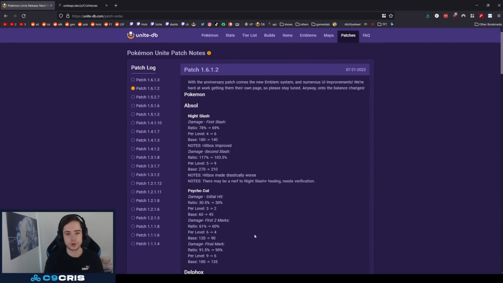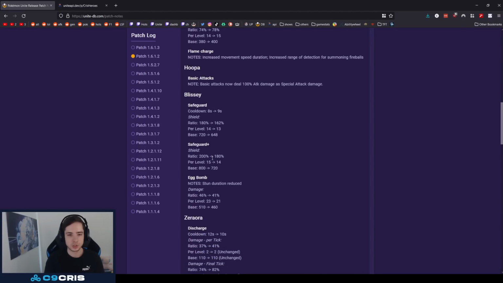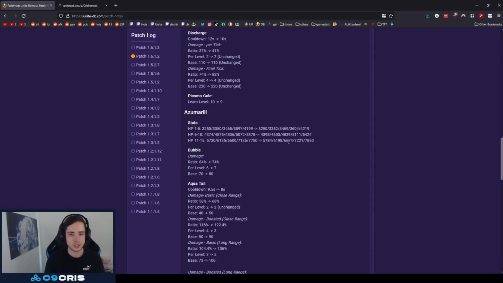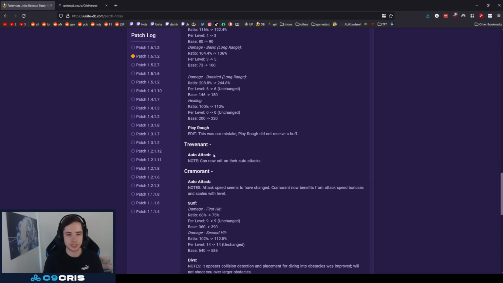It always takes around 1 day, but they have the exact numbers on what the patch actually was right here. We can see how much the ratio got changed per level, the base damage, the hitbox got improved. We have ratio here. You can see so many things that are actually useful. This is what I always wait for before I try to make a patch note video, because they try to figure everything out and make the math on it to understand